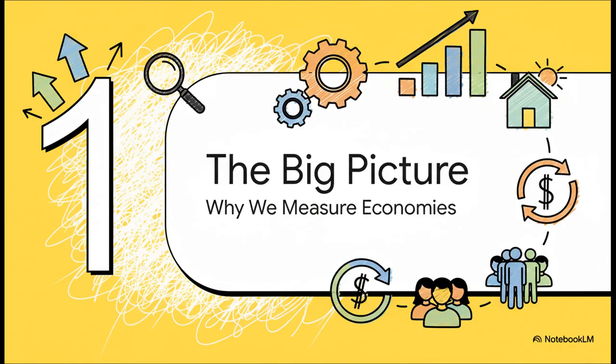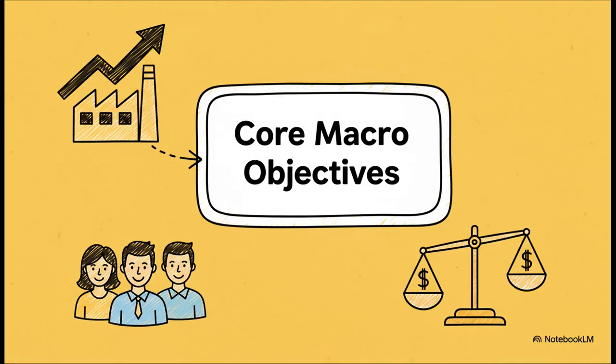So before we dive straight into GDP, let's just zoom out for a second. We need to understand the goal. What are economists who study the whole economy, macroeconomists, actually trying to achieve? It pretty much boils down to 3 main things. They want the country to be making a lot of stuff and making more of it over time. They want lots of people to have jobs, and they want prices to be stable, not swinging wildly up or down. GDP is the main way we track that very first goal, output.